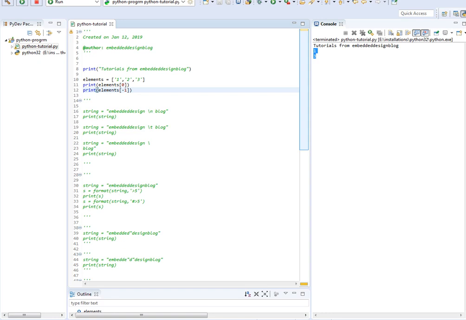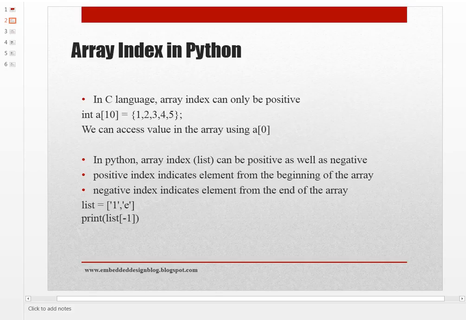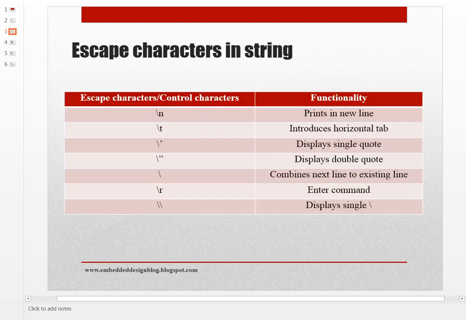Now the string operations in Python. There is something called the backward slash. This backward slash is the escape character. Any character after this escape character takes a different meaning. If I say \n, it is not the letter n, but a new line in Python. \t introduces a tab in the string, and if you put a backward slash and an apostrophe, you